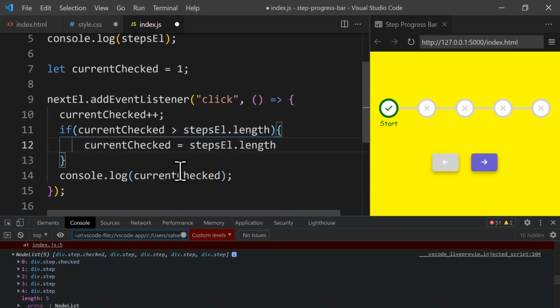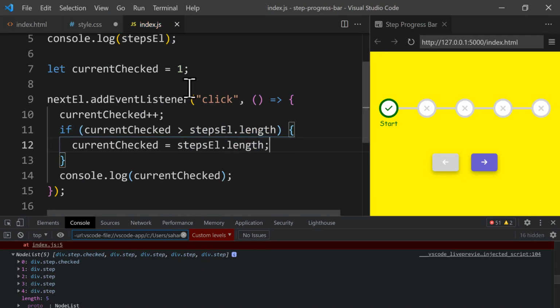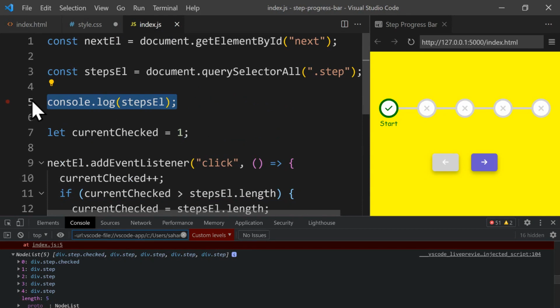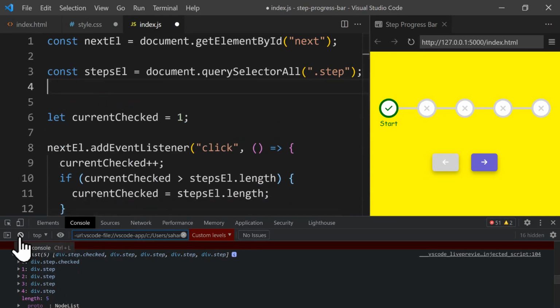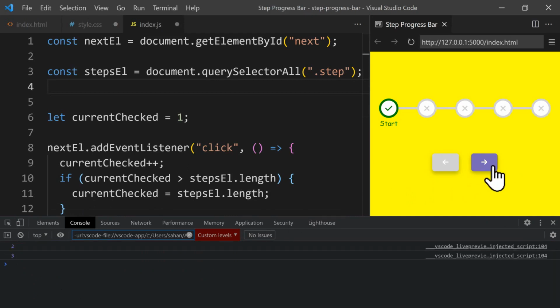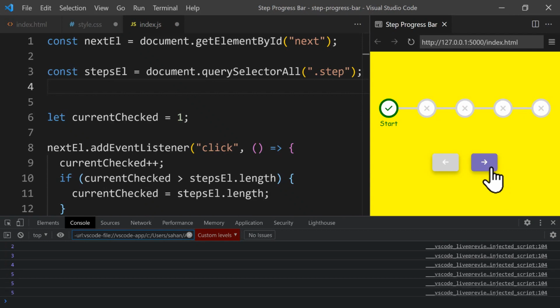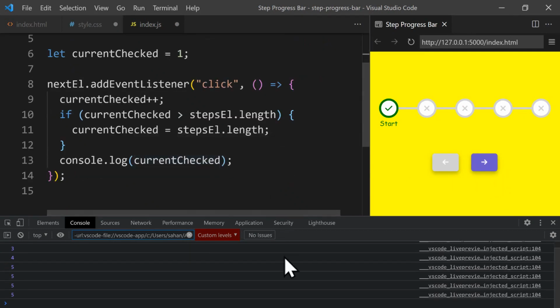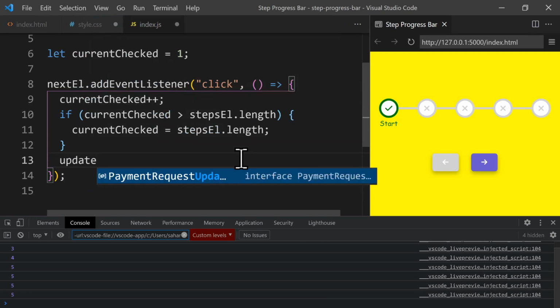so it doesn't go more than 5. So if we just remove this console log here and we clear the console using this button, and if you press the button now, we get 2, 3, 4, 5, and if you press more, we just get 5, not more than 5. Now, instead of console logging, let's call a function. For example, update step progress,